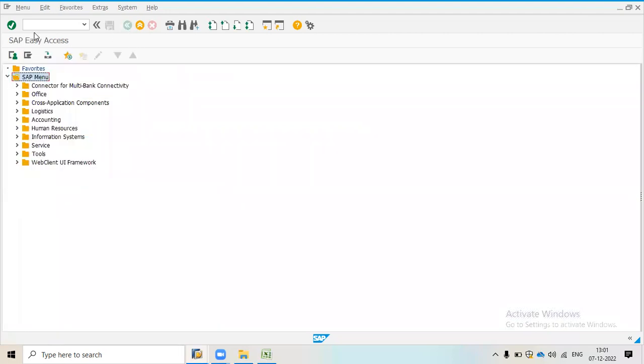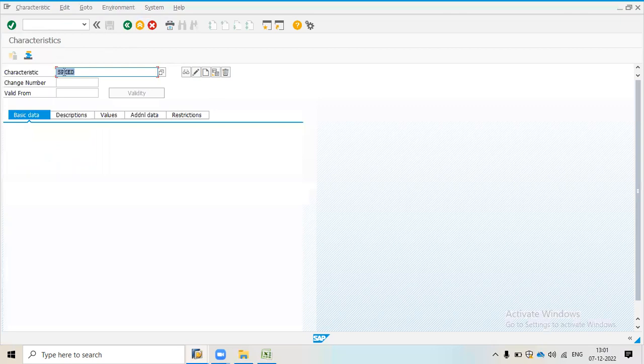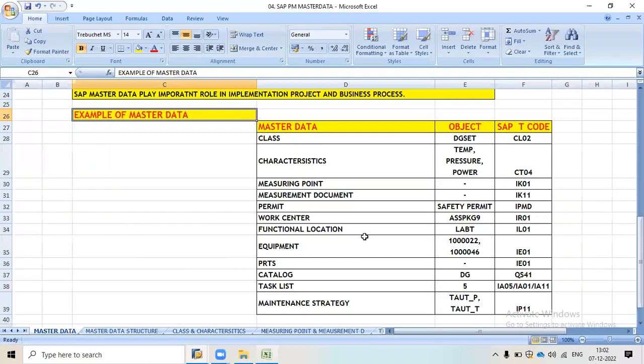Now I am going to create a characteristic, and the T code to create a characteristic is CT04. Then I will press enter. I'm going to show you which master data I am going to create.